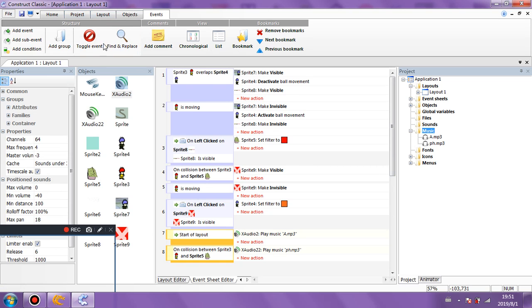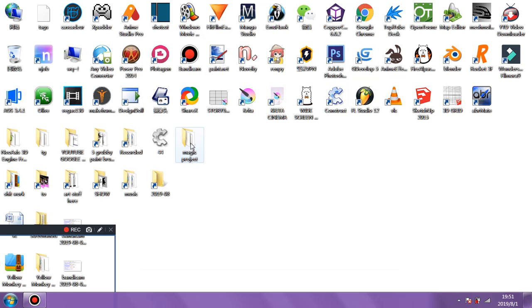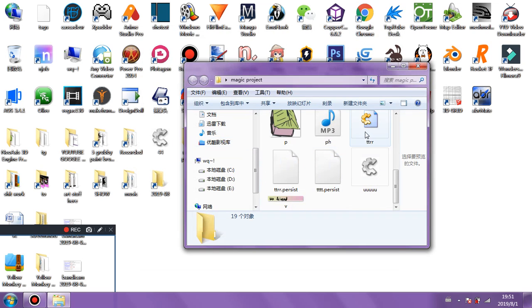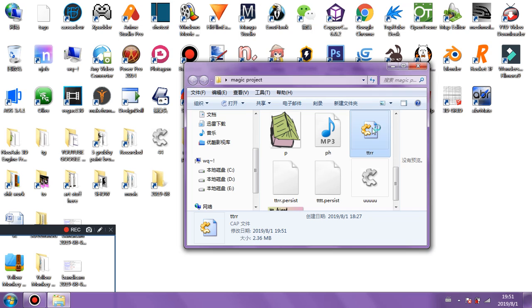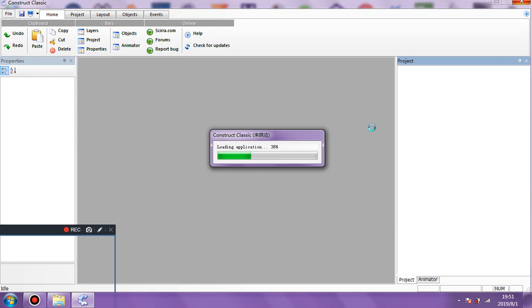So that's saved. Okay, now let's just turn this off. Literally, I've just exited the thing. Don't worry, I'm going to reload it. So we just saved it as TRR, didn't we? And we don't need to save and keep all the images. It's loading pretty fast. I mean, yeah, we can just save it as a game.